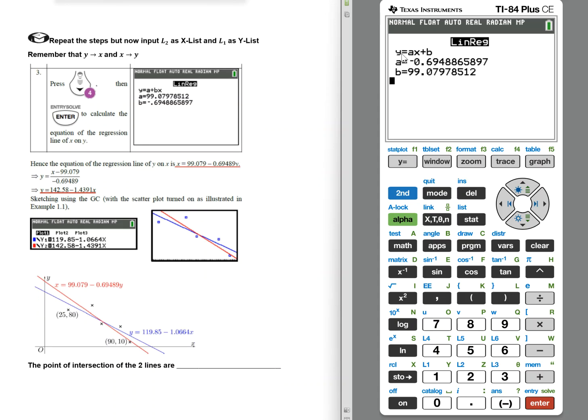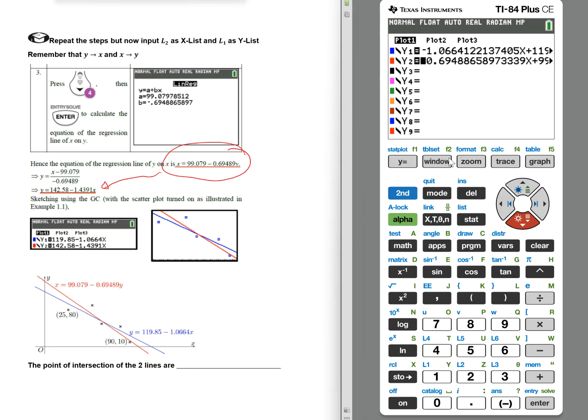Okay, x on y. Now be careful. The calculator can only ever give y equals ax plus b form. So in this case, when it comes out, you have to know that if you are drawing an x on y form, x is the subject. Then you have to manipulate it yourself to get this. So for x on y, you cannot just store it into your GC as the second one because it is totally a different line, because it's an x equals ay plus b form. Yeah, you have to manipulate yourself first and then now you key in